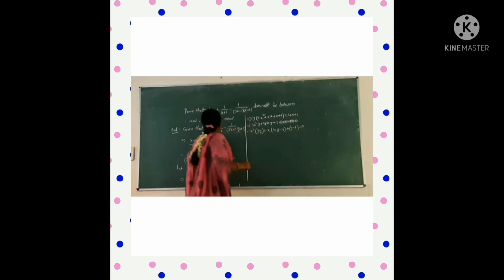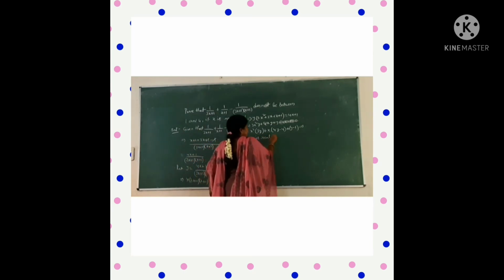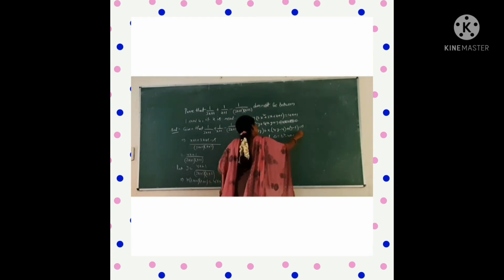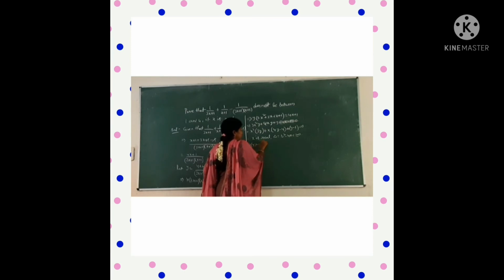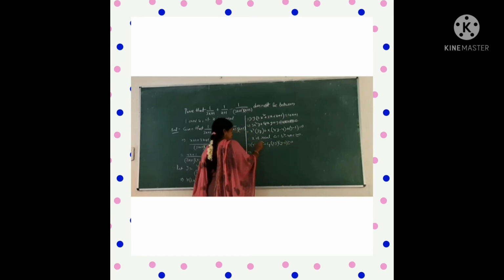Therefore, here given x is real. That's why we take x is real. So, delta is equal to b square minus 4ac is greater than or equal to 0. Okay? See here, b square means (4y minus 4) whole square, minus 4a means 3y, c means y minus 4. Okay? Understand? See here, (a minus b) whole square.